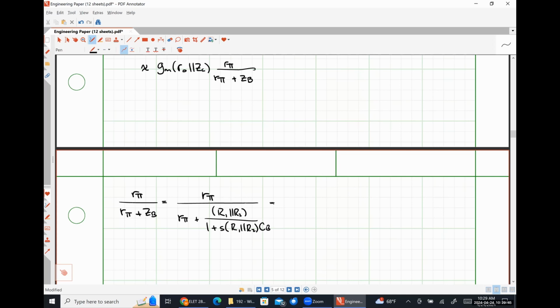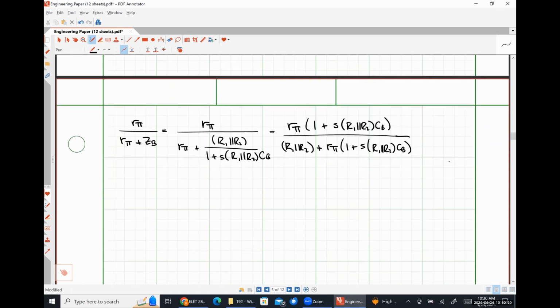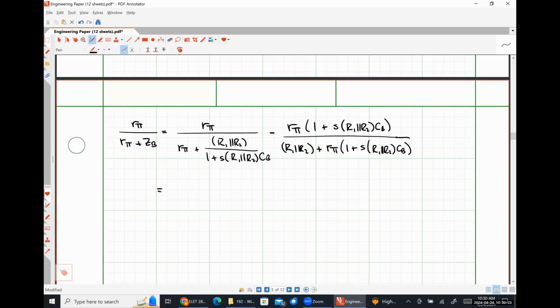And so that gives me R pi times 1 plus S R1 in parallel with R2 CB divided by R1 in parallel with R2 plus R pi times 1 plus S R1 in parallel with R2 CB, which could be written as